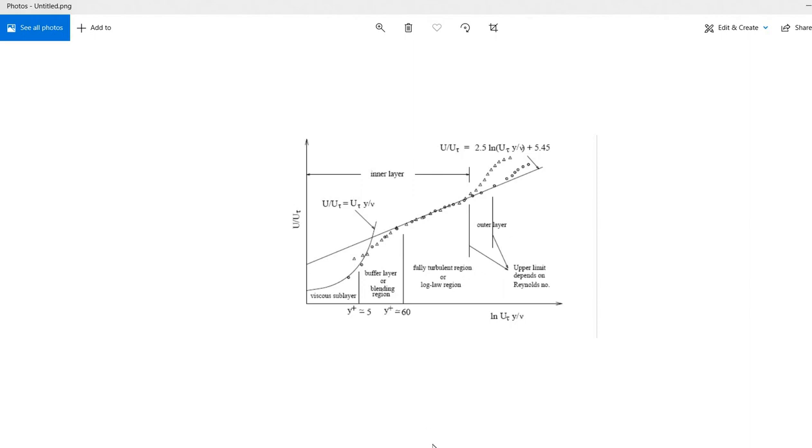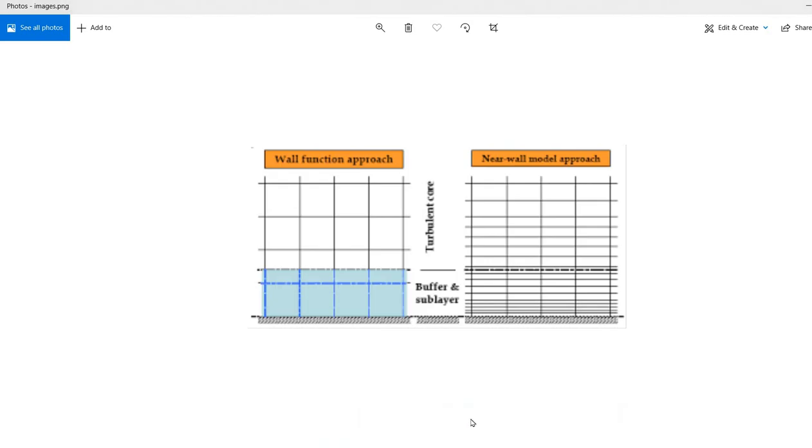There are different wall functions available in ANSYS Fluent. In this video, we are completely resolving the near wall region. The other approach I will take in another video. If you are doing research work, or if you want to calculate body forces like on an airfoil, or flow separation, we have to go for a near-wall model approach. If you are going to solve an HVAC case of flow inside a room, we don't need a near-wall approach because we are not interested in what happens near the wall. We are interested in the overall flow inside the room.